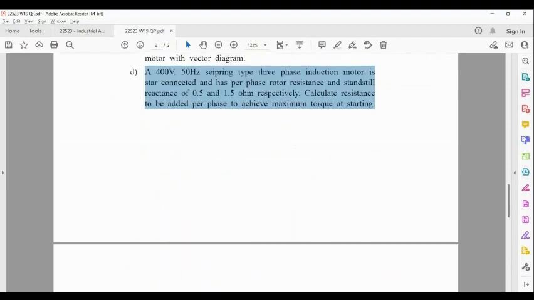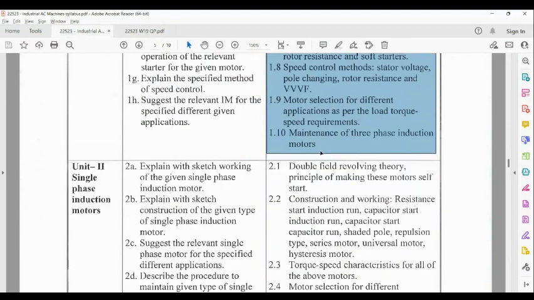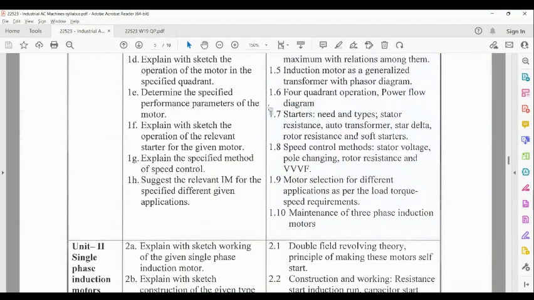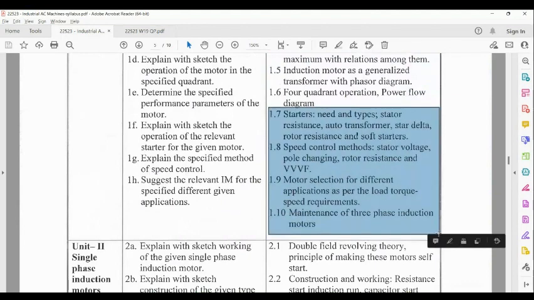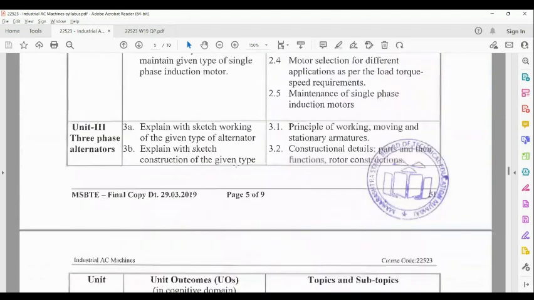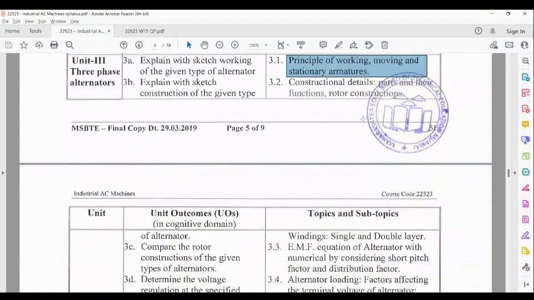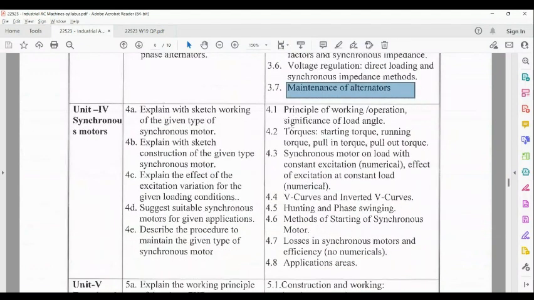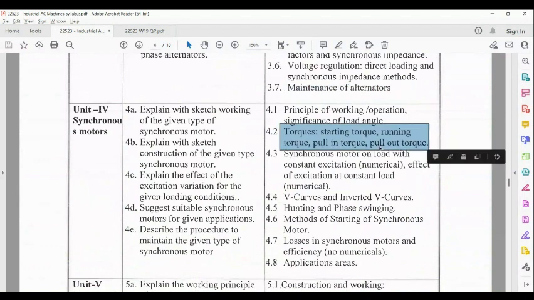So there are various key points which you can note and you can prepare accordingly. So the conclusion is that you should focus on this part of the syllabus from the first unit, then the whole second unit. After that, the comparison between salient pole and non-salient, that is cylindrical, non-cylindrical, armature reaction of alternator, voltage regulation, that is synchronous impedance method, maintenance, in synchronous motors, starting torque, running torque, all types of torques and definitions,